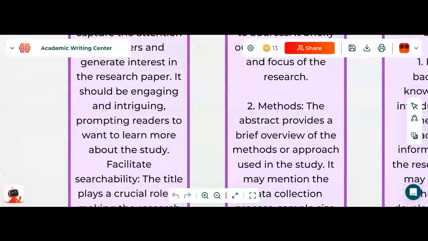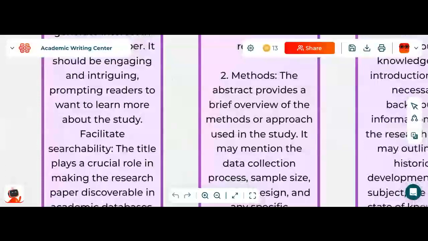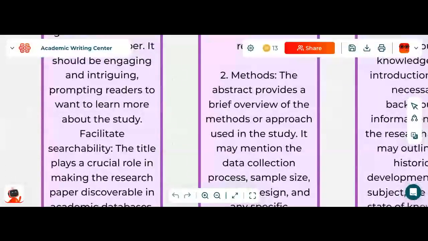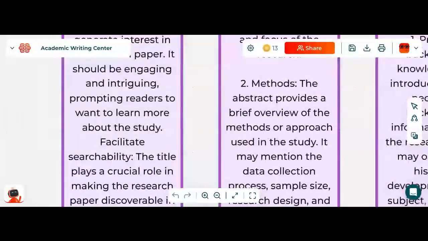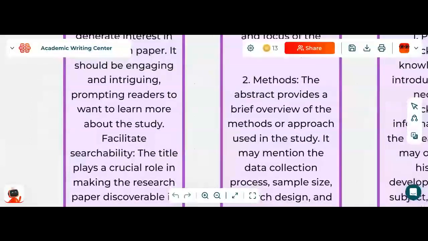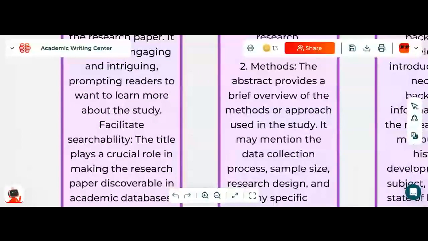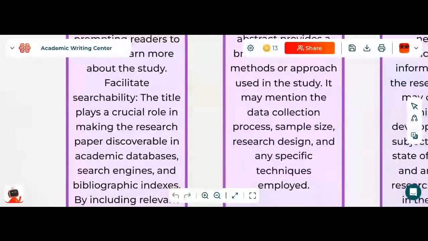It's an ongoing process, so it has to be engaging and intriguing, because the one who's going to scrutinize your thesis, your dissertation or your manuscript is going to look into what you're going to bring that's new to this research world, to the body of knowledge. Are you going to simply reiterate something that's already been done, or are you going to bring about something new? So facilitate searchability. The title plays a crucial role in this, because it's tied to